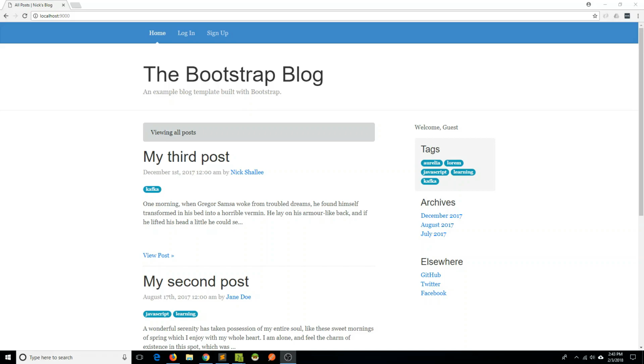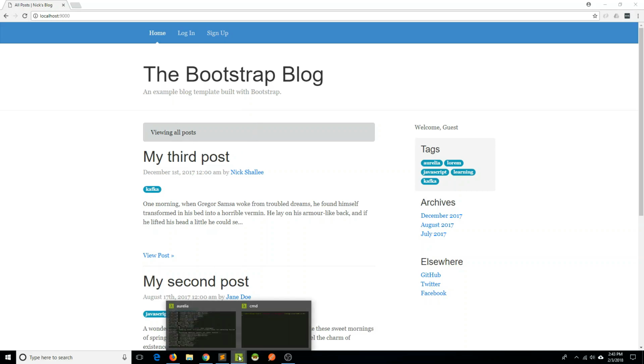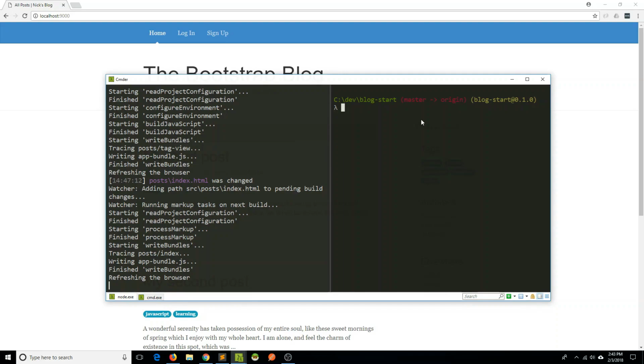To be comprehensive, let's just go ahead and implement our sign-up feature. Now, this isn't really going to be anything new conceptually, but we're going to want to make sure that our app functions in a complete fashion. So let's go ahead and go to our command line, and I'm going to create a new